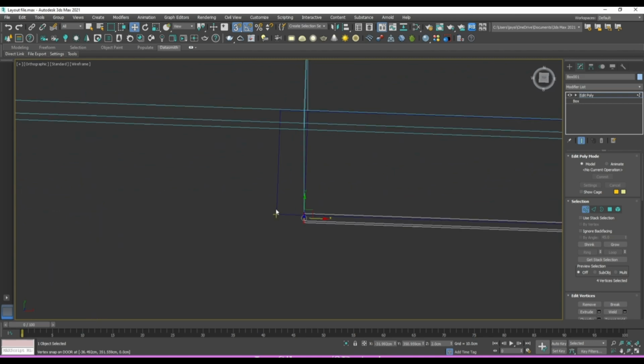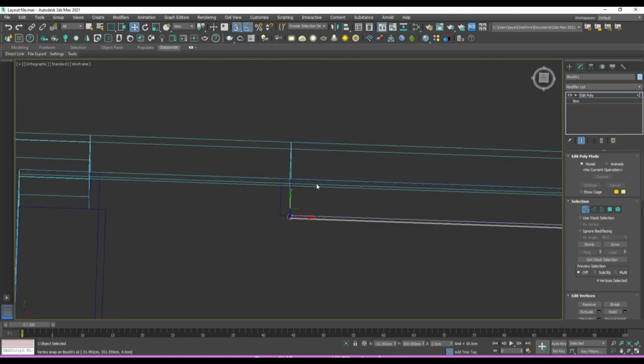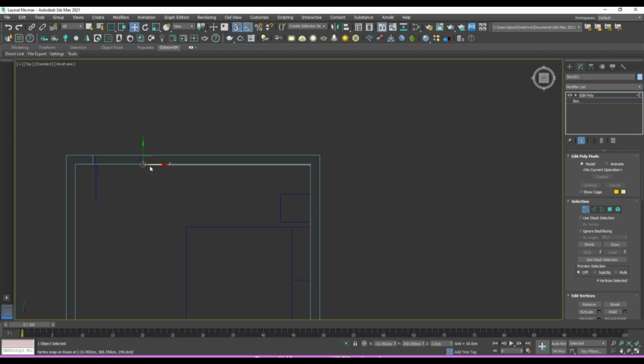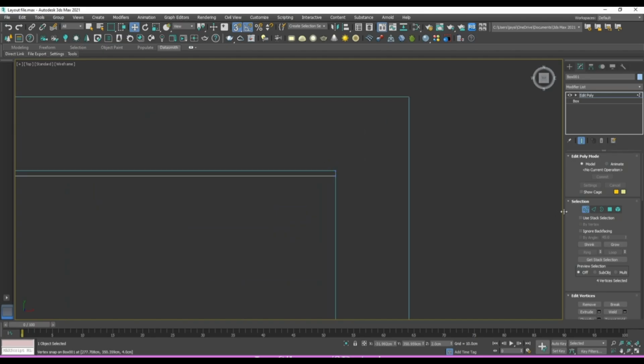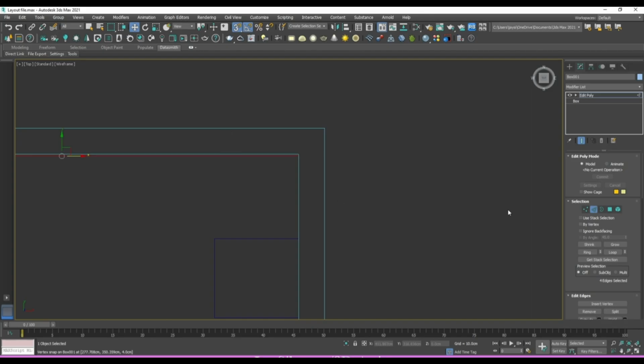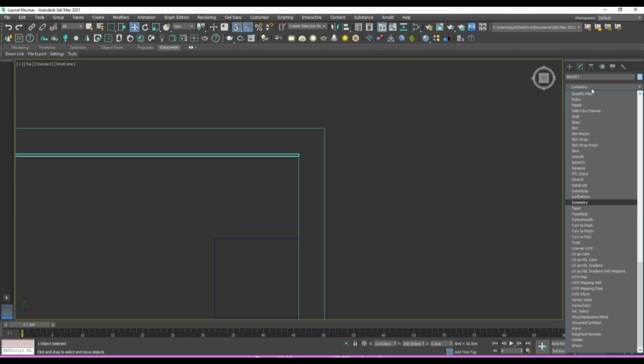So you don't want to go past over here, because that's going to be our door frames. Okay, perfect. So an easy way, instead of just going into a connect and then adding another selection, is just basically adding a symmetry onto it,